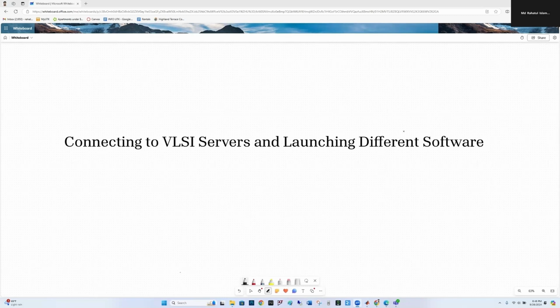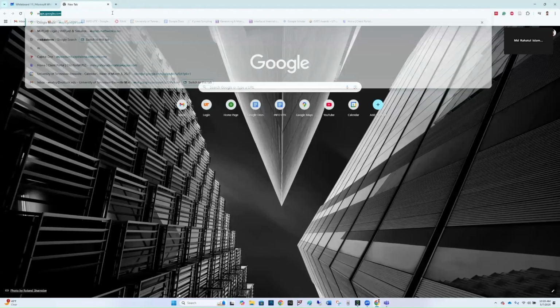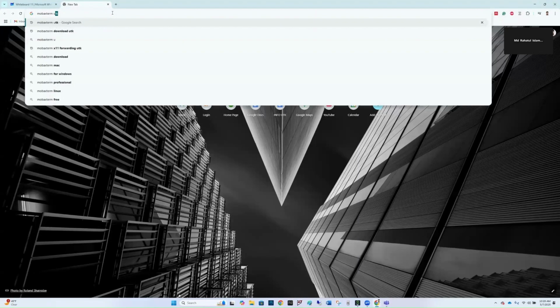In this tutorial, I will guide you through connecting to these servers from your personal computer and launching the software. For that, we need to install two software. The first one is Pulse Secure, or the new name is Ivanti, and the second one is MobaXterm. To download MobaXterm, you just need to type MobaXterm UTK download,